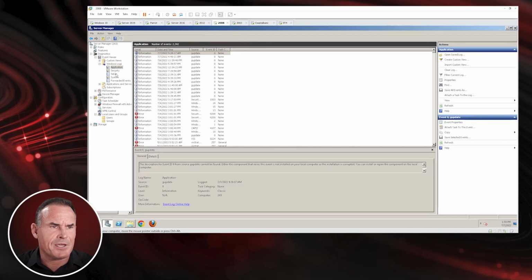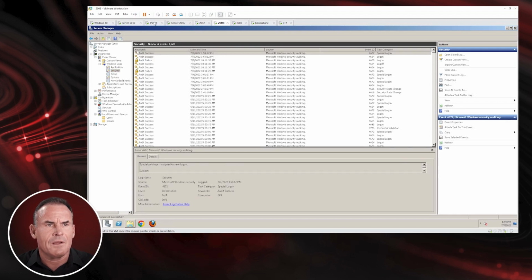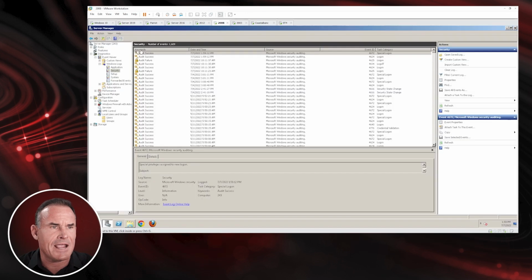All right, so I've got application, I've got setup, I've got system, I've got security. Now I've got that 2008 box compromised. I'm going to right click, get myself a Meterpreter shell, and I'll do a clear EV to clear the event logs. All right, wiping. Now I go back and visit, and if I do a refresh,